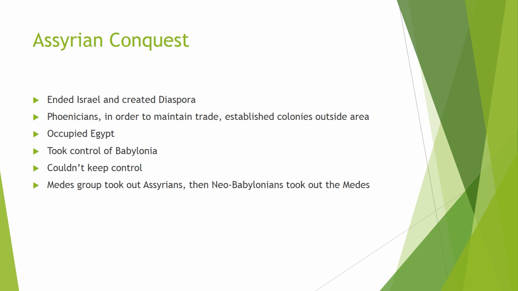They'll conquer Babylonia. They can't keep that control forever, however, because the borders are too wide. So eventually you have other groups taking out the Assyrians. Those were the Medes people. And then, of course, Neo-Babylonians will take out the Medes. And basically you have a process where you have constant upheaval and overthrow and chaos that will eventually lead us to time period 2 when we start looking at empires. And the Persians more often are the great example of takeover points there. So that concludes for today your breakdown of 1.3 with urban societies in your early agricultural worlds in the places of Egypt and Mesopotamia.